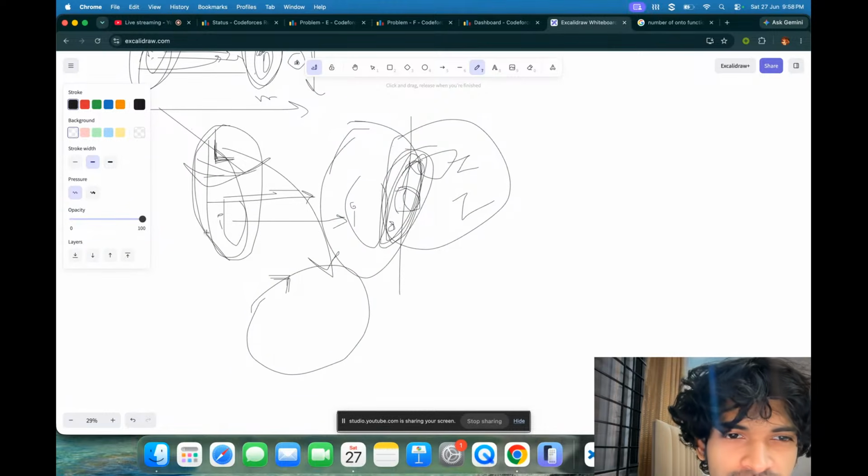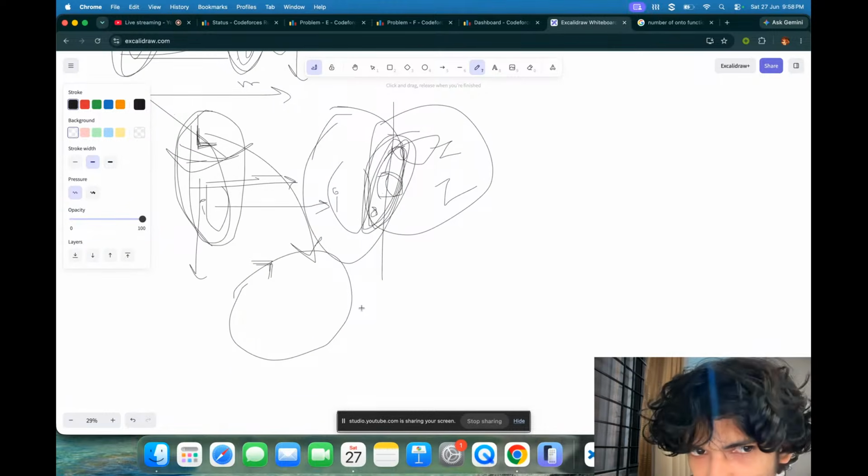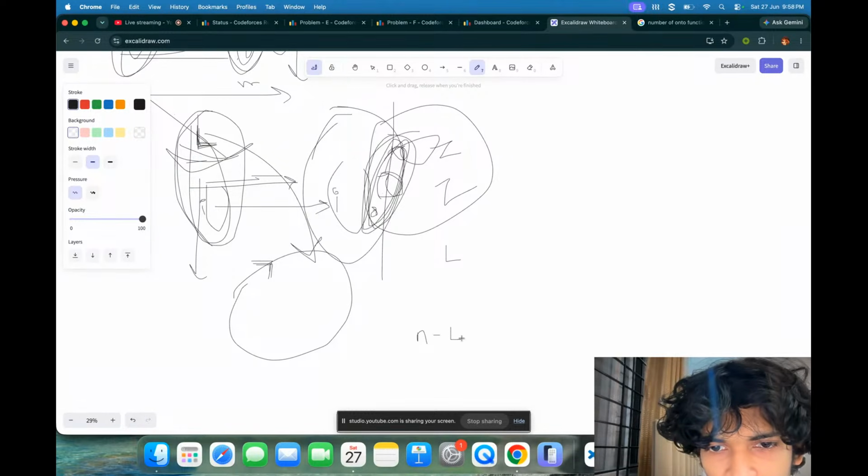So all those jet things can be removed from here. So it will be L, n minus L minus Z,